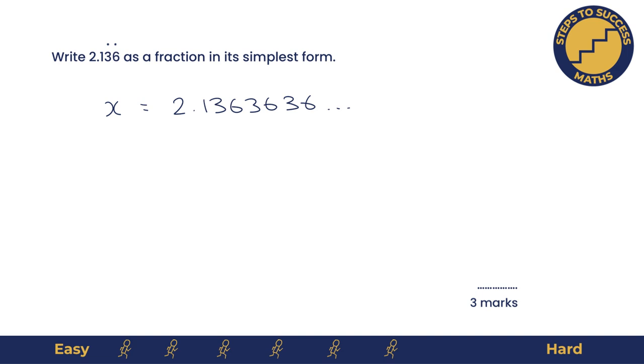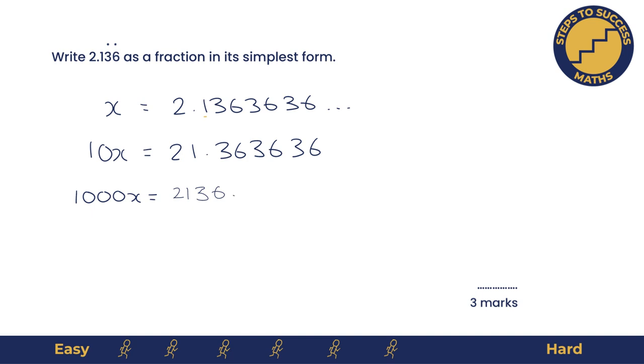Now if I multiplied that by 10, I'd get 21.3636 is 10x. And that's good because the 0.36 is the bit that recurs, and that's on its own after the decimal point. Now I can also multiply by 1000x to get the same idea. So if I multiply by 1000, I've got 2136.363636. So now if I do 1000x subtract 10x, I'm going to get